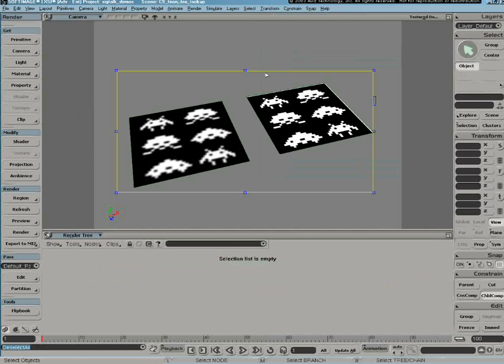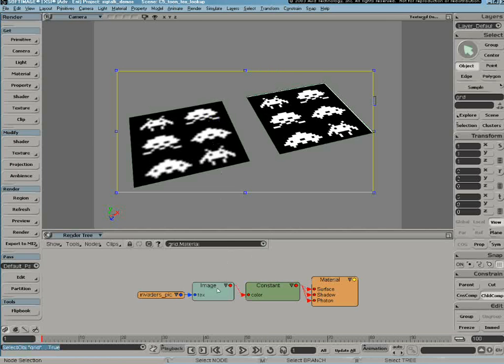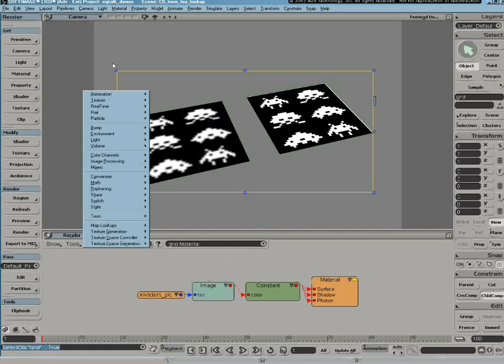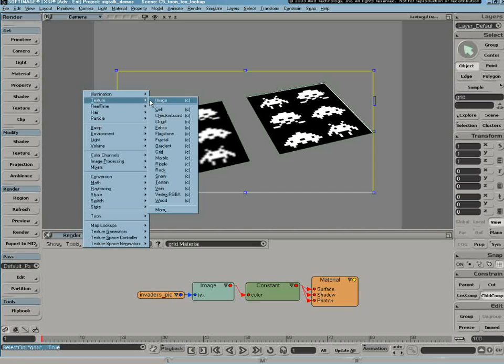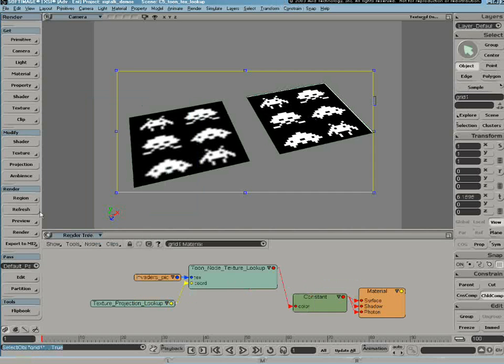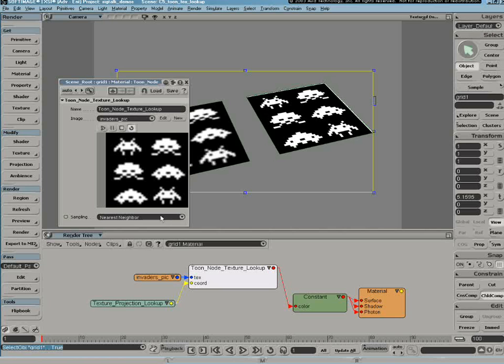Now, as soon as you start mapping textures into the unblend port of the Toon host node, you're going to start to notice fairly quickly that texture interpolation is kind of like your enemy. What I've got here on the left is a texture that's been mapped using the standard texture image lookup node. On the right, there's a different Toon node texture lookup that is made specifically to map into the unblend port, and there's a switch in this lookup node that allows you to toggle between interpolated and uninterpolated texture